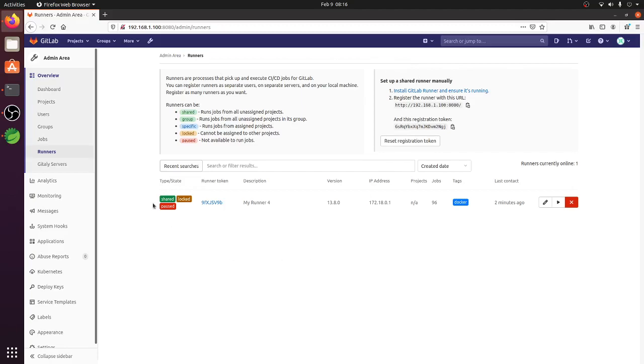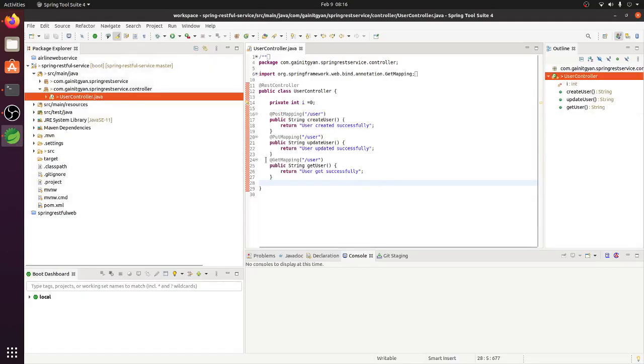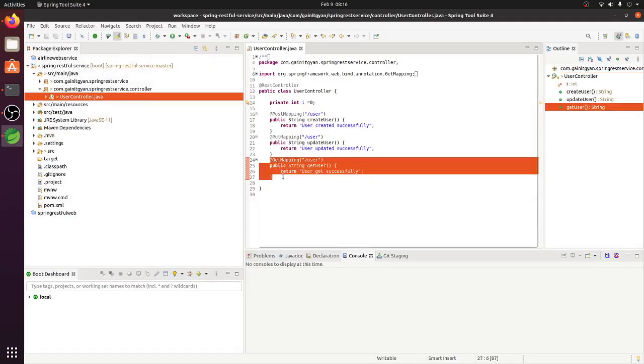Fine. So let's look at the very first step, that is with zero configuration. Okay, before that, what happens when you don't have any runner configured? Definitely the job is not going to be triggered. That means as there is no runner configured, even though you push the changes, nothing is going to happen, right? So let's take a look at that. What I'm going to do is add a